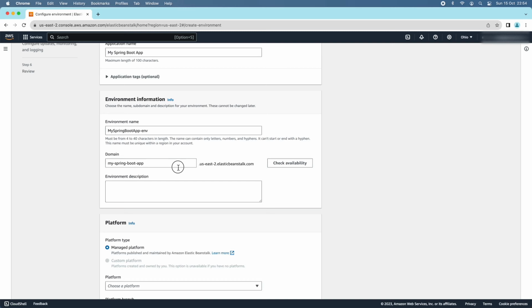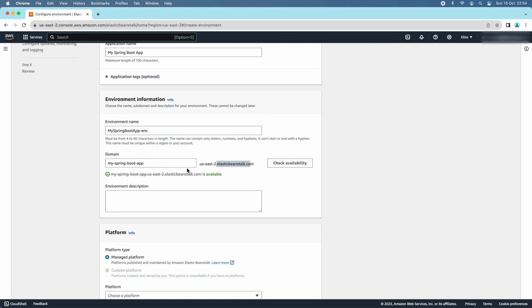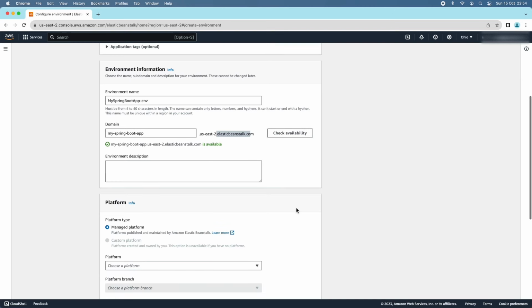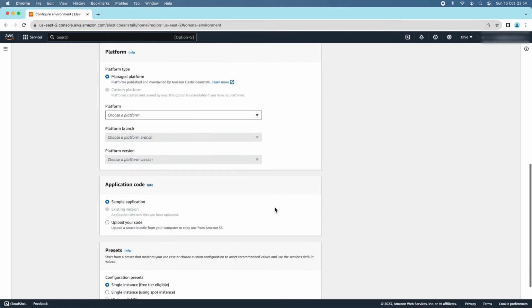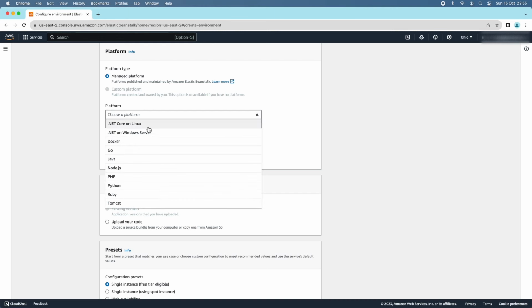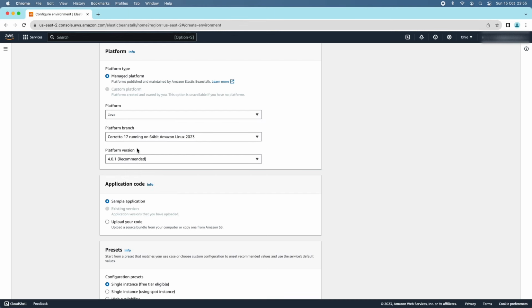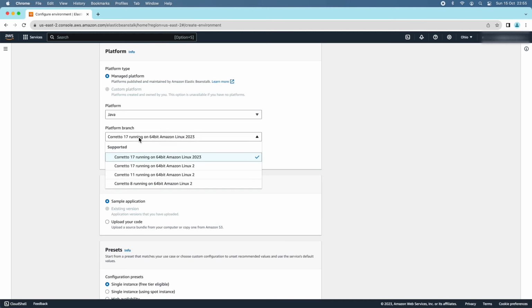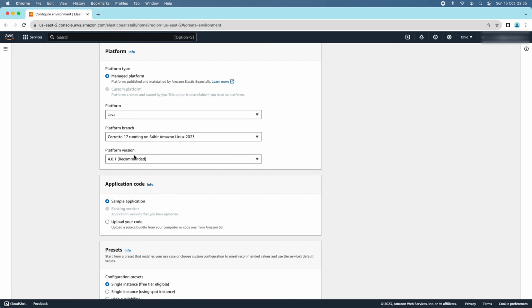So you can see the region in the domain name here, us-east-2, and then the top level domain name is elasticbeanstalk.com, and click the Check availability button to make sure that the domain is available. You see it shows a green check mark. Okay, so that's for the environment information, and for the platform information here, the default platform type is managed platform, and under platform here choose Java, and you can see